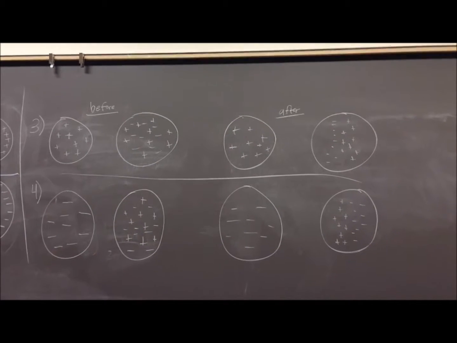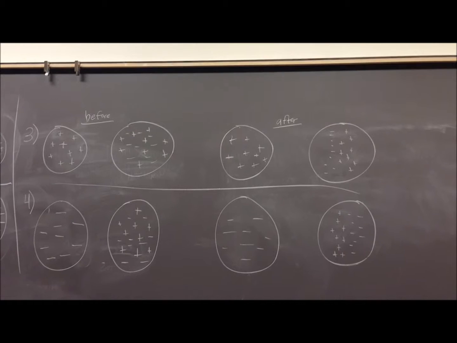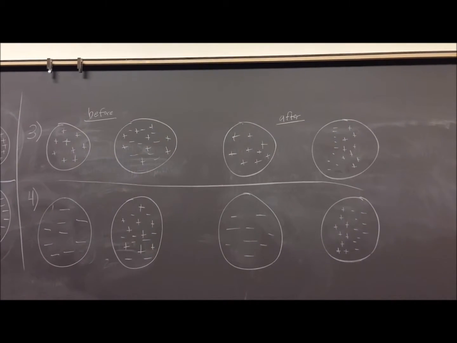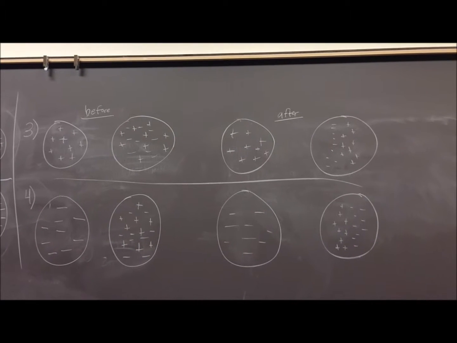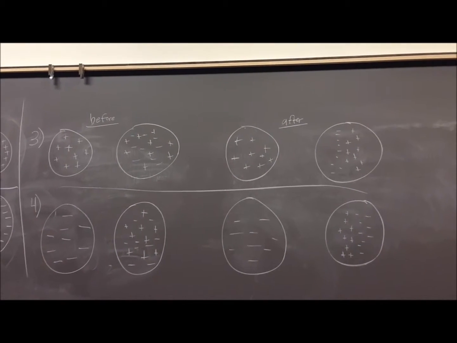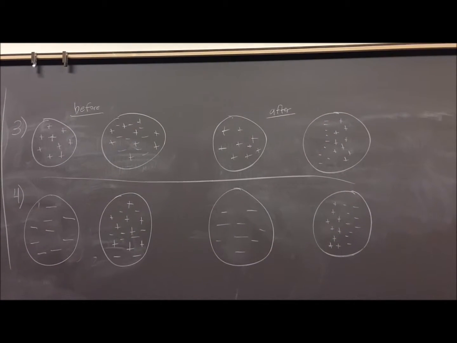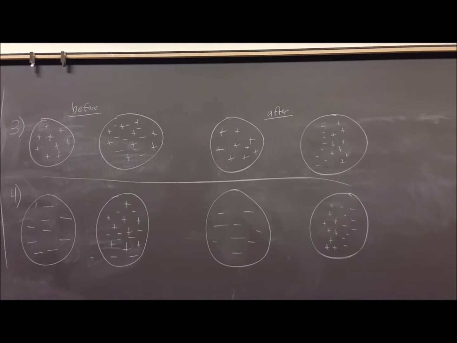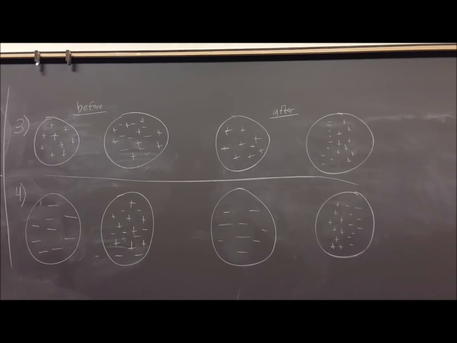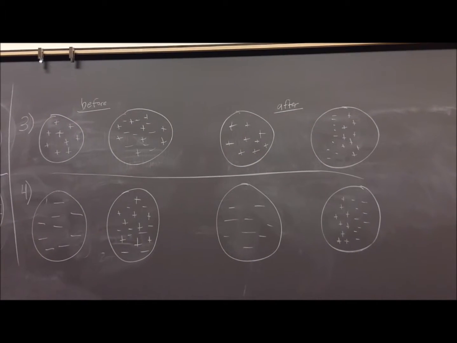Okay, so for number 3, we have a positive source charge and then an insulator. With insulators, charge moves a little less freely, and it's a little more difficult, but charges do move. So we can see again that with the positive source charge, the electrons will move a little bit to attract themselves to the positive charge, and it just won't move as greatly, so there won't be as strong of an attraction as there would be with a conductor, but the electrons still do move a little bit, so